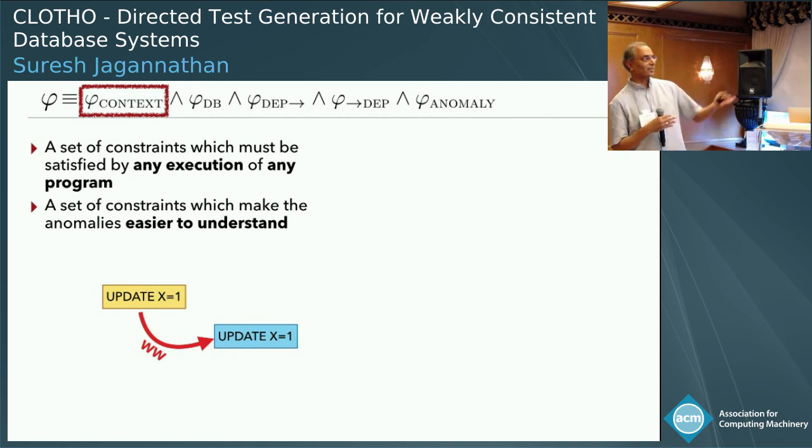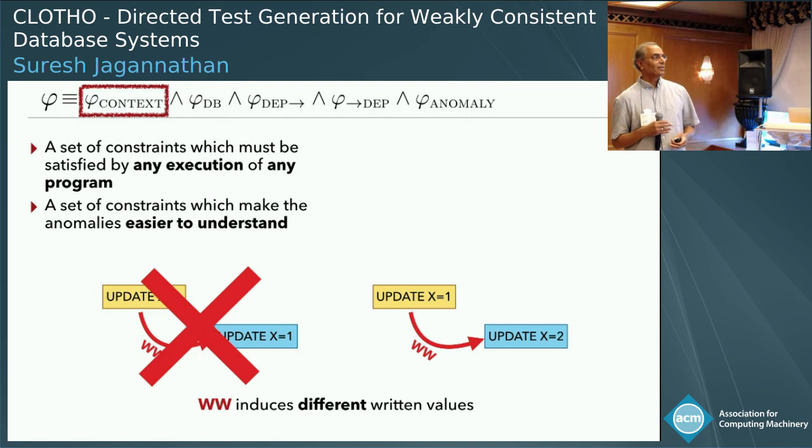We might have dependencies that relate two updates to the same value, right? So for example, if I have an update of x to 1 and I have an update of x to 2, then surely anybody who sees the update of x to 2 should not see the update of x to 1. Right?